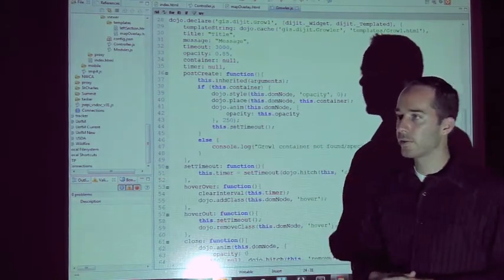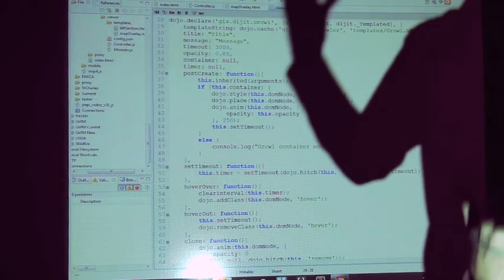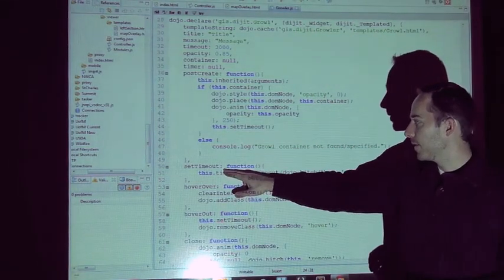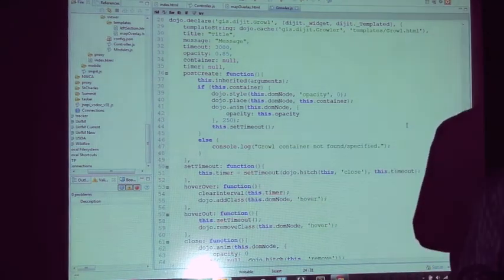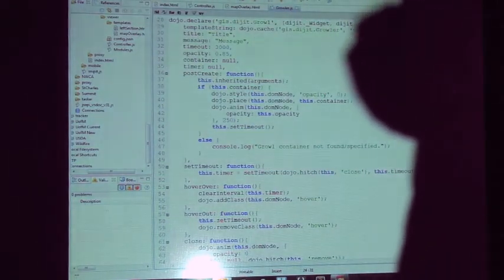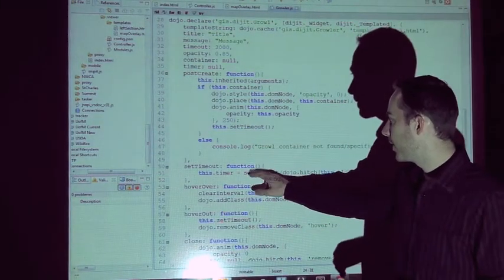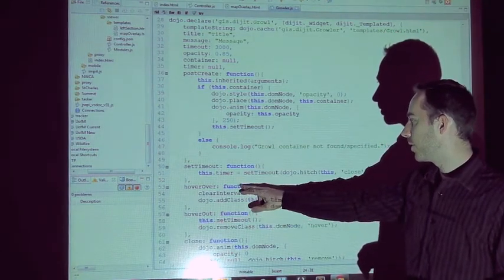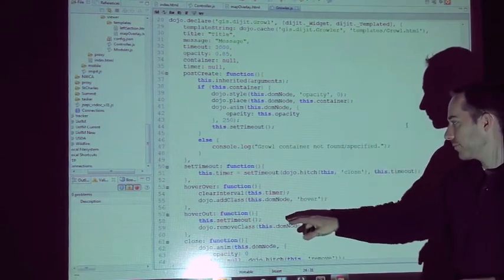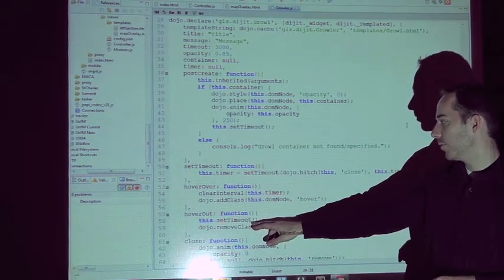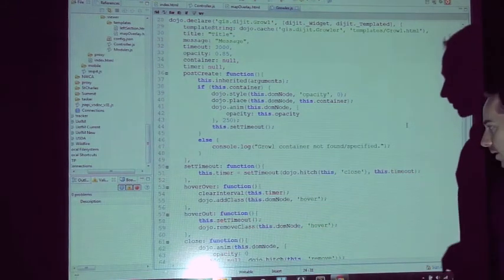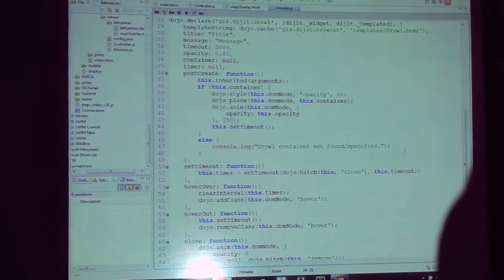And we'll do that in 250 milliseconds, right? So that's how we animate that thing in. And then we call this.setTimeout, which is just going to call a function, because that's how growls work, right? They show up, they stay there for however long, and then they fade back out. So we've got this.setTimeout. We also have this hover over, so if we hover over it, we're going to clear the interval and add a class. It kind of highlights it, right? Then when we hover out, we're going to call this.setTimeout to reset our timer and then change that class again. And of course, there's a close function that's going to